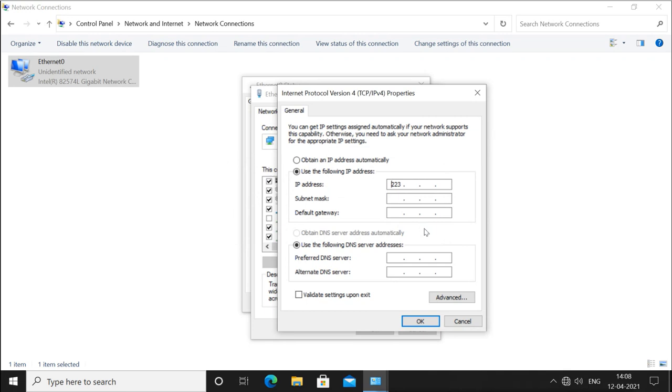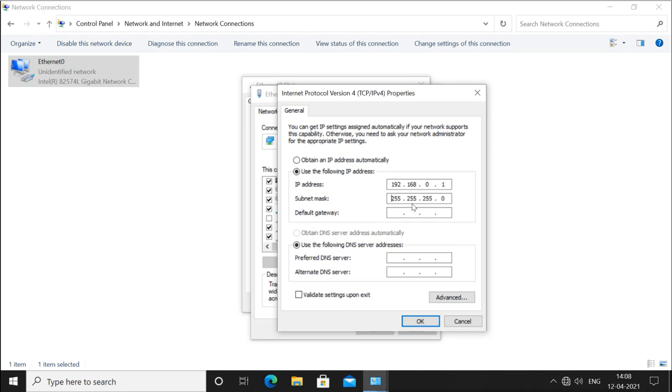So we can use only those, we cannot use any other, class B or class D or E. For example, I want to use this IP. Now you see the subnet mask. When I click here, it automatically gets the subnet mask.